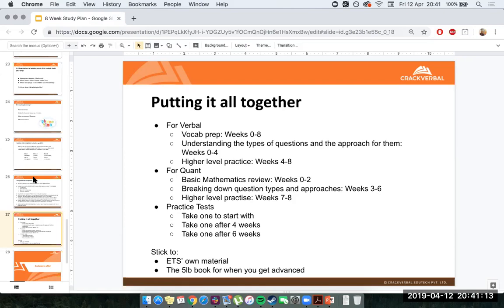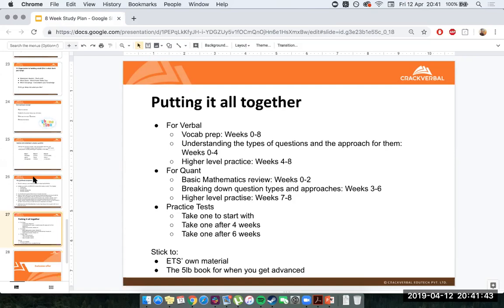Do one to start with. People always say, no, I want to do the material first because I don't want to see myself getting a bad score. I know that if I do a test at the start of my prep, I'll get a terrible score, and I don't want to see that. Who cares? It's a prep test. Who cares if your score is bad to start with? In fact, it's good if you know that. You need to know that you're at a 290 so that you know what you can do to improve on that 290. If you don't even know what to improve on, how are you going to do it properly? So you've got to take a practice test to start with.